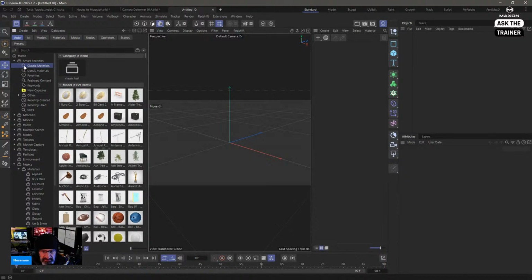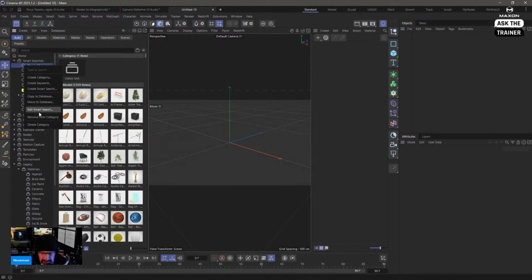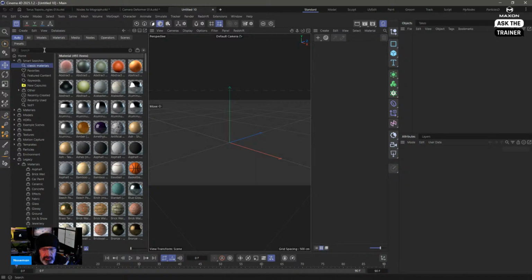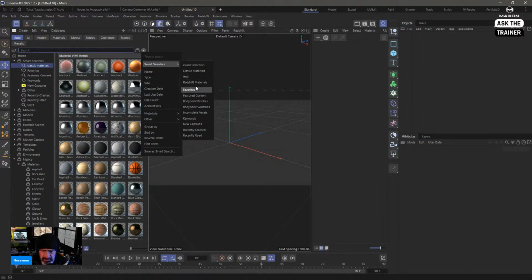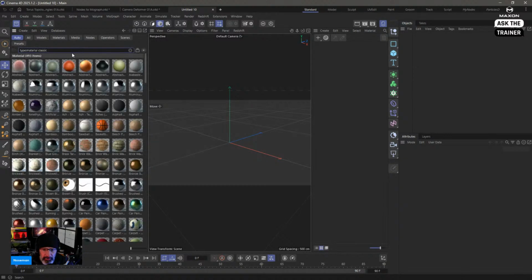So this is the one I've made. This is actually not the one I want to use. I'm going to remove it. There you go. This one here. And I'm going to just copy this and show you how you make one of these. You will make it by, you see here it says smart searches and all sorts of nice stuff. There are certain